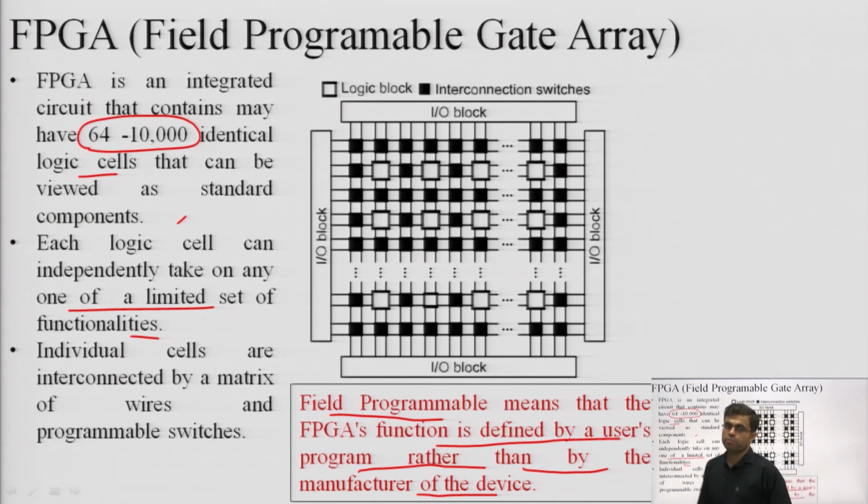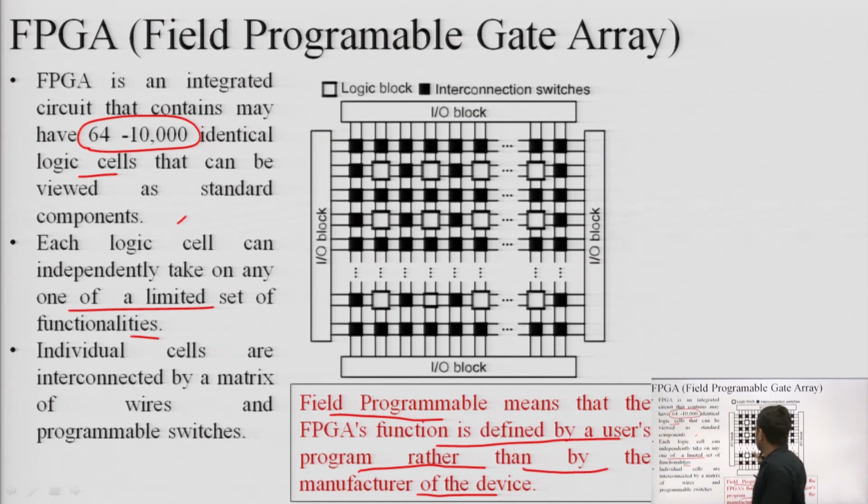As in the case of PAL, which we have covered just before, we have seen that the number of products was fixed. We cannot increase the number of products beyond 3, in that previous question which we have solved. But FPGA is user dependent. It is up to the user how many blocks he wants to use. If you want to reduce, you can make 3 to 2. If you want to increase, you can make 3 to 5, 6, whatever your requirements are.